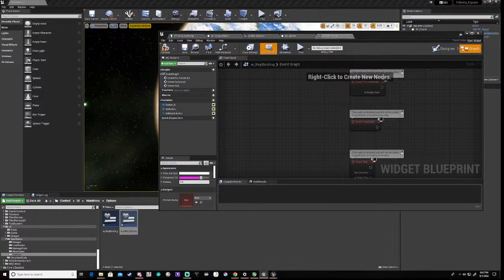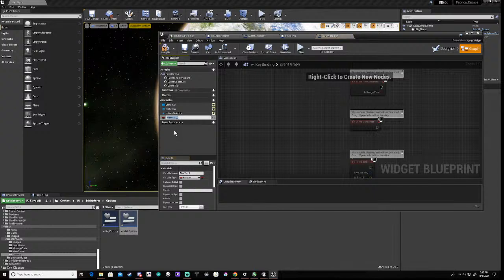So the next thing we need to do is basically copy these. So what we do is we have a variable and it's called that, and it's a name. Then we do our next one, copy that, and it is exactly the same. It is another name and it's the key. So we have the action name and the action key. Then we have a couple of input chords, so we can add that,